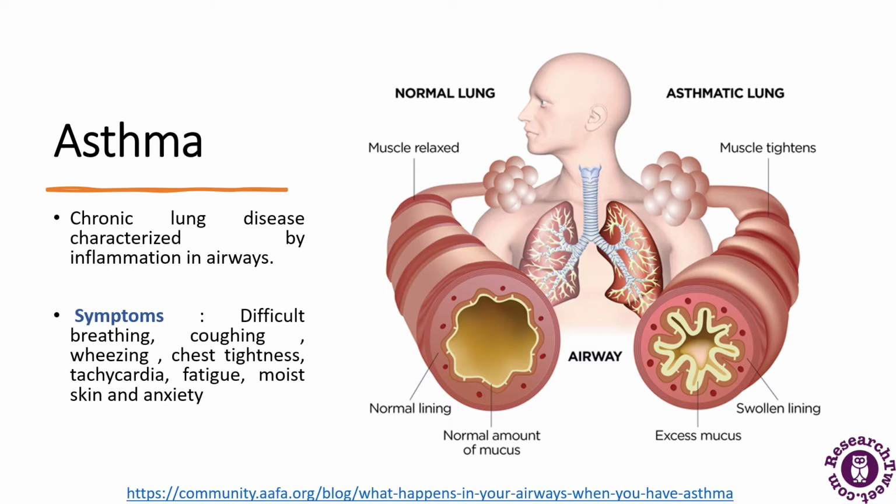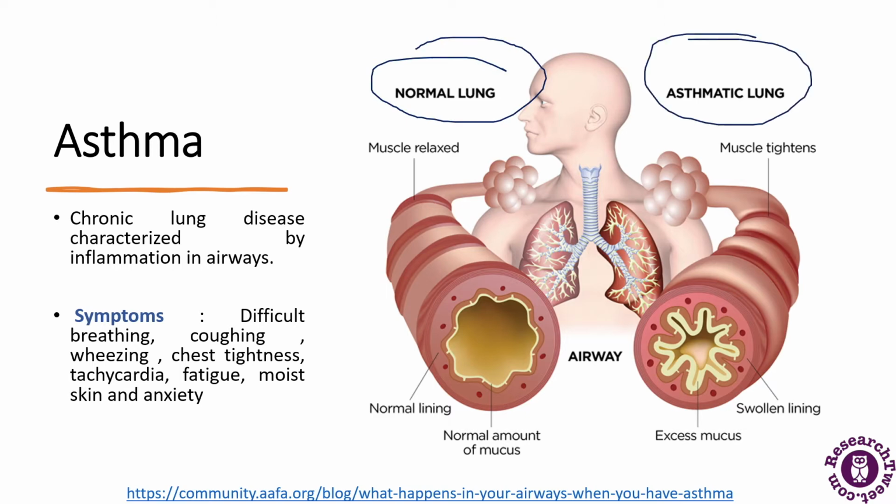Asthma is a chronic lung disease which is characterized by inflammation in the airways. As you can see here in this slide, there is a normal lung and there is an asthmatic lung. In the normal lung, the muscles are relaxed and there is a normal lining and a normal amount of mucus production in the airways. But in the case of the asthmatic lung,